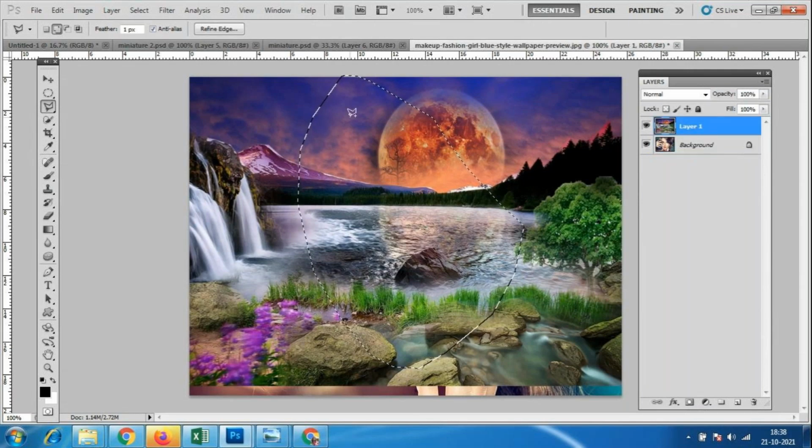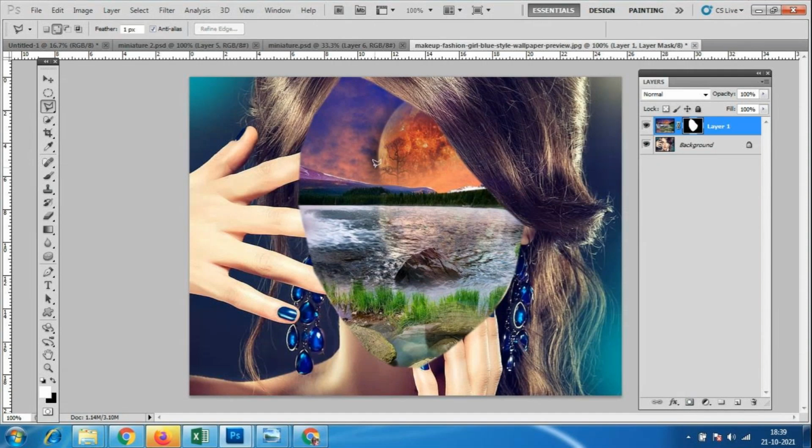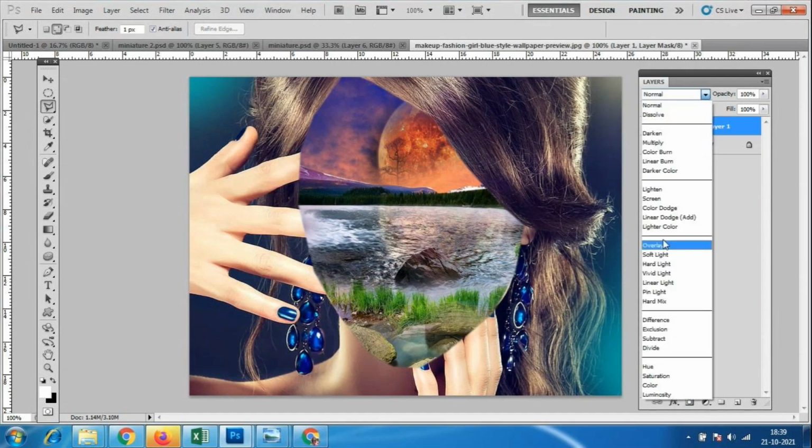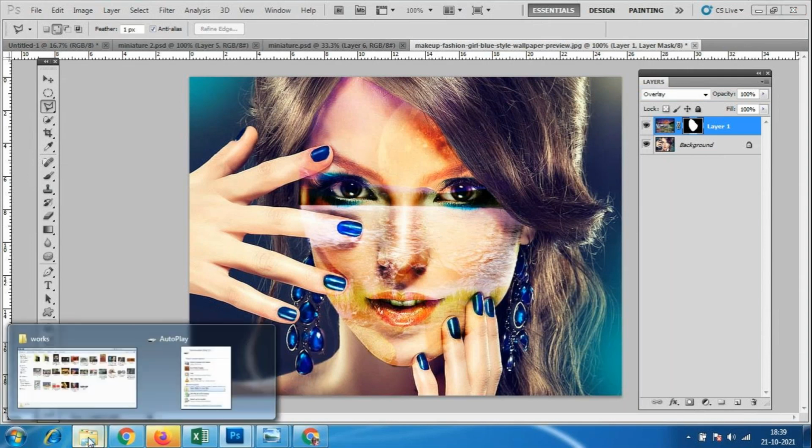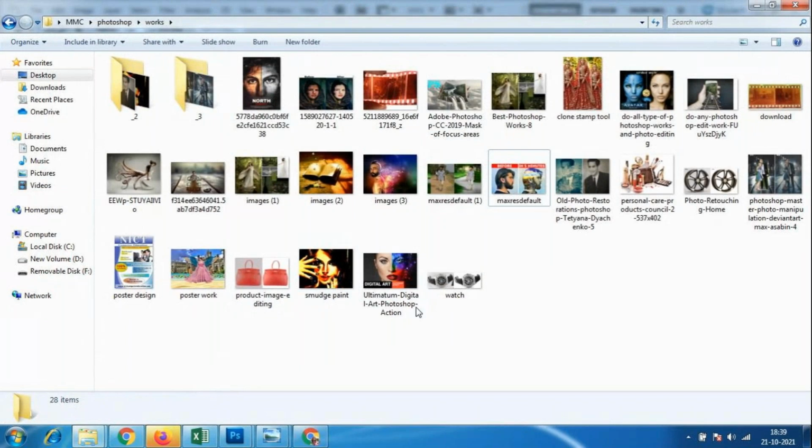I'm not using control D or any such option over here. So I have given, in the layer menu, there is an option called add layer mask. In the layer menu we have an option called add layer mask. I have given this layer mask over here, and you can use whatever options you want. You can take any of the designs. Suppose you can place a city, or any other things. Look here, some of the designs we have. So those things we can add.